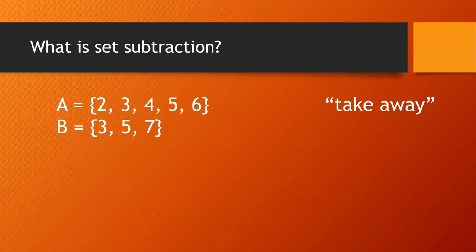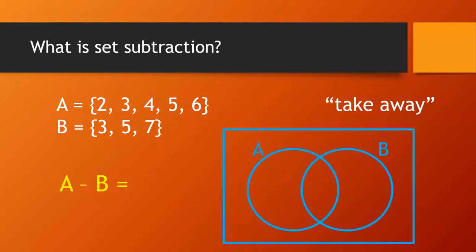Now let's see how we can represent the same set subtraction using shading in a Venn diagram. Set A contains the elements 2, 3, 4, 5, and 6, and set B contains the elements 3, 5, and 7. To shade the part of the Venn diagram that represents A minus B, we still have to start with